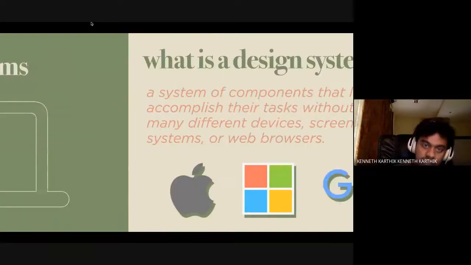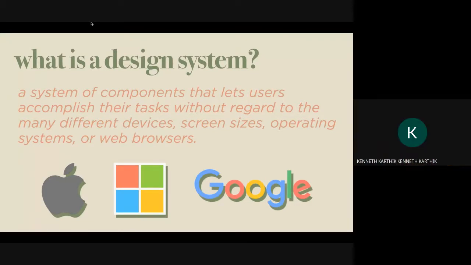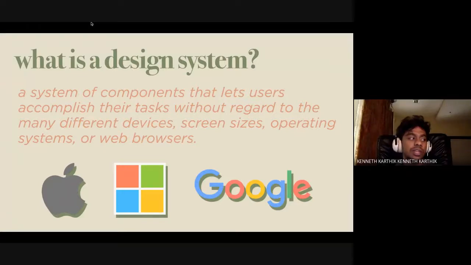So first, what is a design system? A design system is a system of components that lets users accomplish their tasks without regard to many different devices, screen sizes, or operating systems, etc. This has been done by a lot of companies. I'm going to be talking about three of them, but even a company like Airbnb, for example, doesn't have any physical products or operating systems which you need to design for, but they have a certain